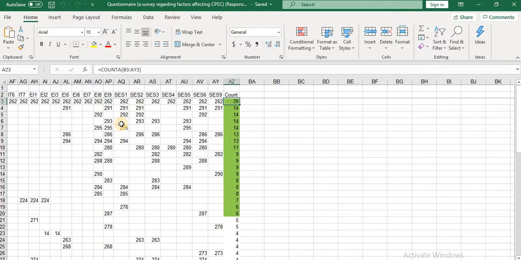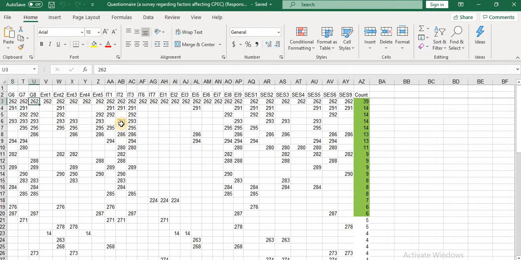So that is a count for the repetition of the outliers. This outlier response number 262 is repeated 39 times, and this outlier response number 291 was repeated 14 times, and 286 is repeated 13 times.